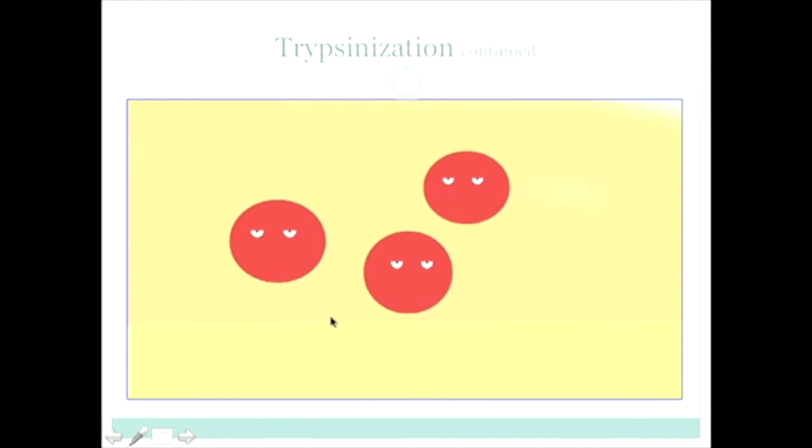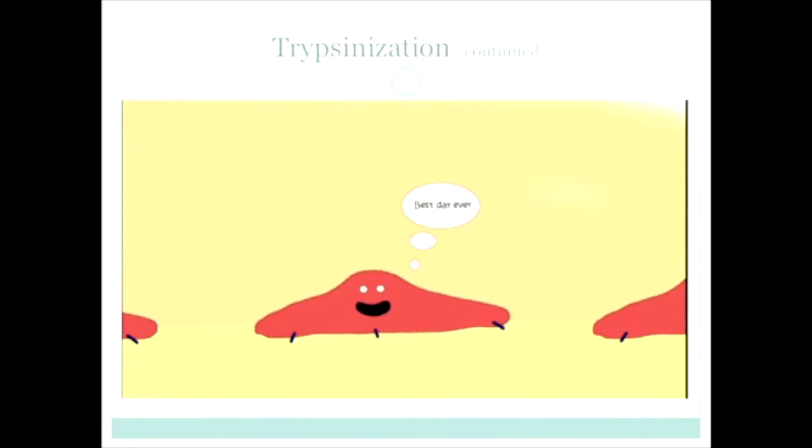Once they're floating and round, you take your cell suspension and divide it into 3, 4, or 5 dishes. It depends on your cell line, what proportions they like to grow at. Once cells are placed in a new dish, there is more space for them and new nutrition, and in probably 2-3 hours they will be attached again to the surface and start to grow and proliferate.